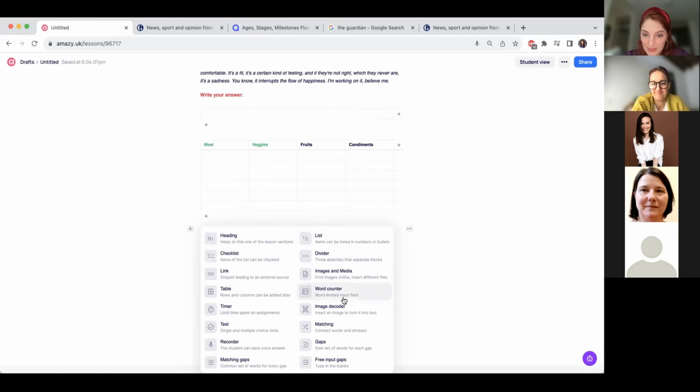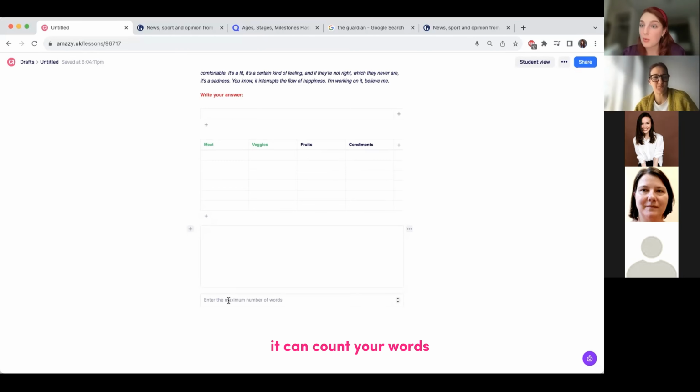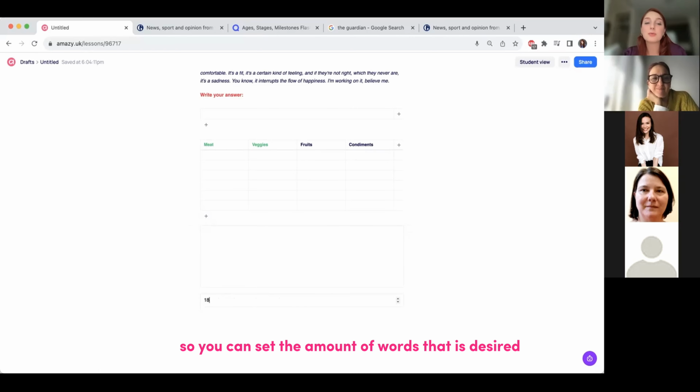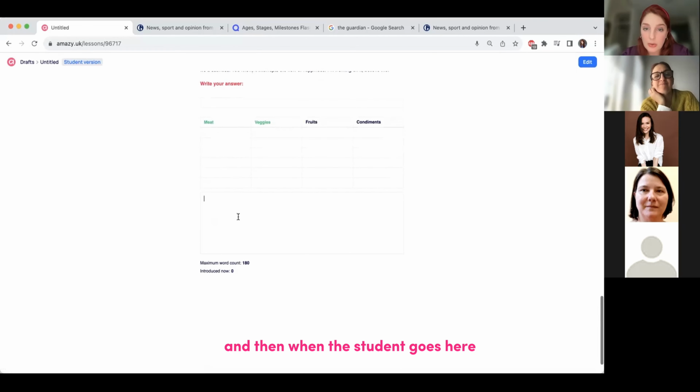Now, word counter. This is a fantastic tool for writing, especially writing essays, especially preparing for international exams. So what it does, unlike table, it can count your words and how many words you've written. So you can set the amount of words that is desired, 180, let's say. And then when the student goes here and the student starts writing,